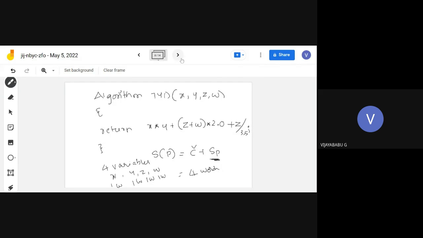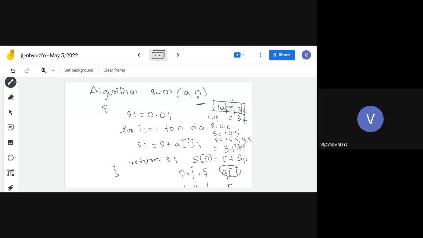So in this algorithm, we have seen that there are four variables, so 4 units of memory, 4 words of space, are required. So here, this is n. Here the things are 3 plus n. N, I, S are the three variables, and A is a variable. It depends upon the size of the array, that is n. So that's why it's 3 plus n. So more than n is needed. What we have considered here is the size of the array. In order to execute this algorithm, it requires